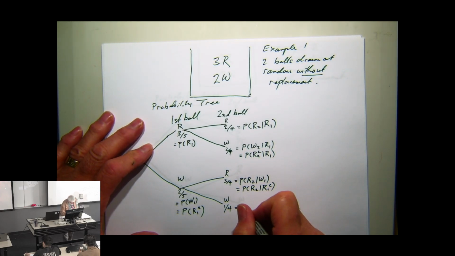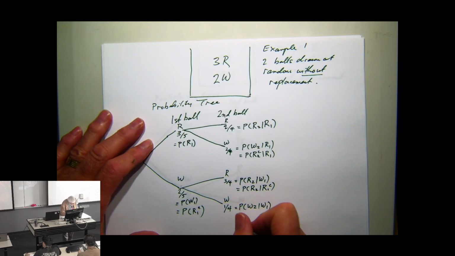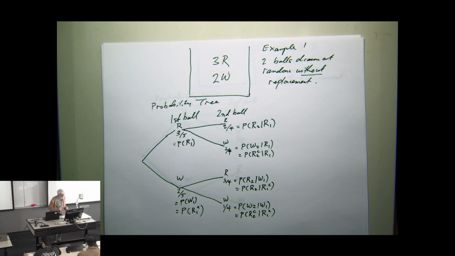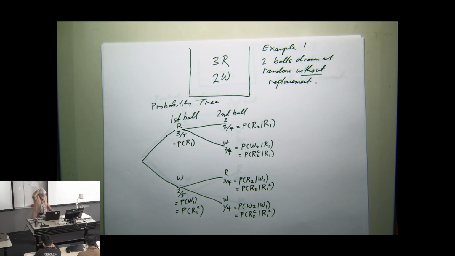And this one is going to be the probability of a white on the second given a white on the first. And that's the equivalent to saying I didn't get a red on the second given I didn't get a red on the first. Okay, so we've labeled all of our probabilities in the probability tree, and that's all very cool. And now we can go back to addressing some of the questions,